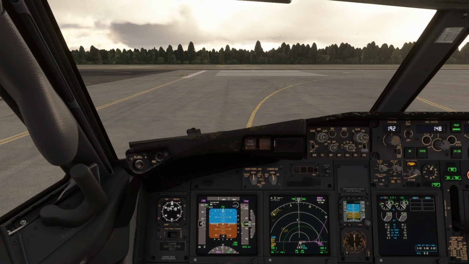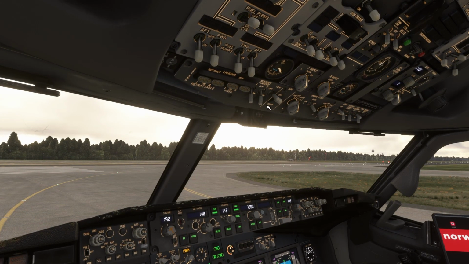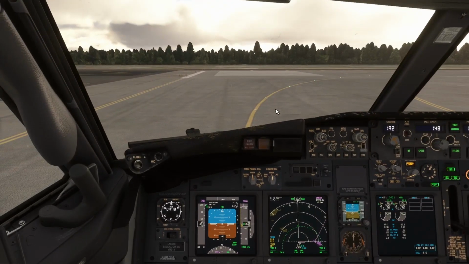We can set our parking brake, and we can turn off our taxi light to indicate that we're not going to move. And there you go. That was the taxi